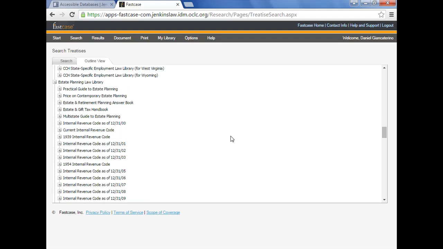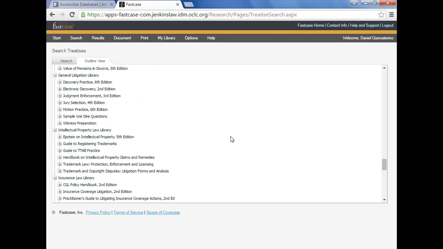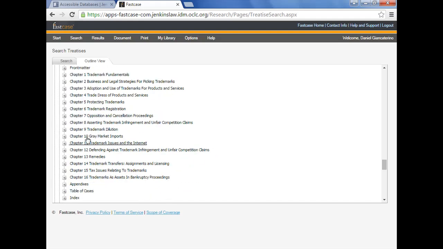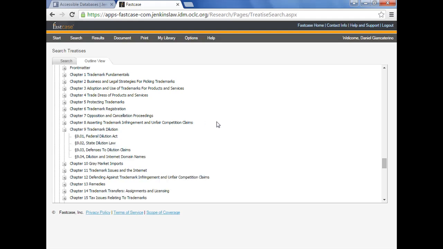So what I'm going to do is go to the Intellectual Property Law Library. Okay, and I'm just going to show you how that works. So I'm just going to drill down. There's Trademark Law, Protection, Enforcement, and Licensing. And then I'm going to expand that by clicking on the plus sign. There's Chapter 9, Trademark Dilution, and then I'm just going to pick 903 there, Defenses. All right,